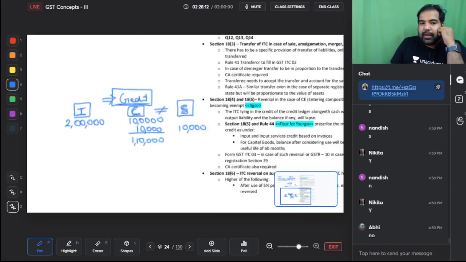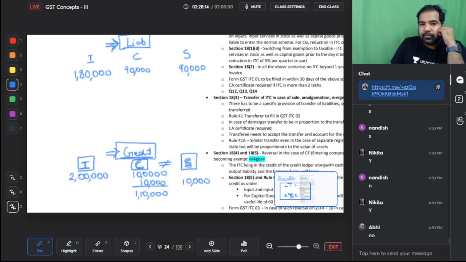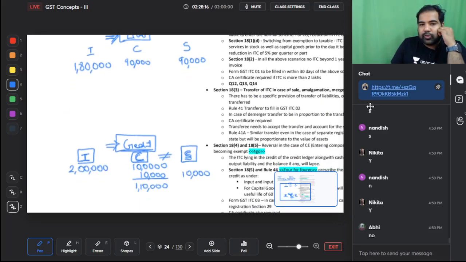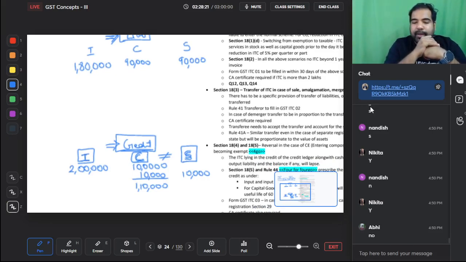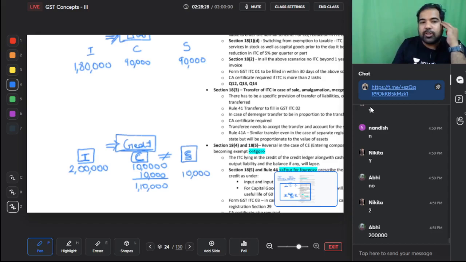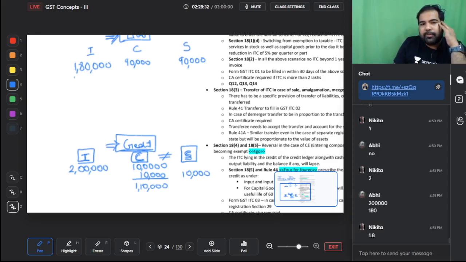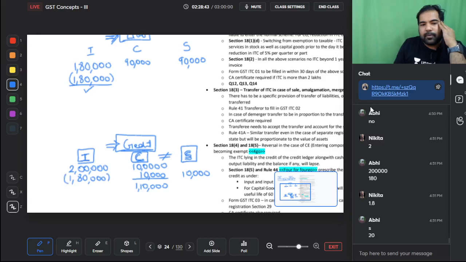First guys, when your bill comes home, this is your bill. First, your parents will use their money. Please tell me in this, how much is your parents' Paytm balance? 2 lakhs, perfect. And how much is your parents' electricity bill? 1,80,000. So first they will pay their bill. Do they have money to pay their bill? Yes. Their bill is paid? Yes. And how much now remains with them? 20,000.